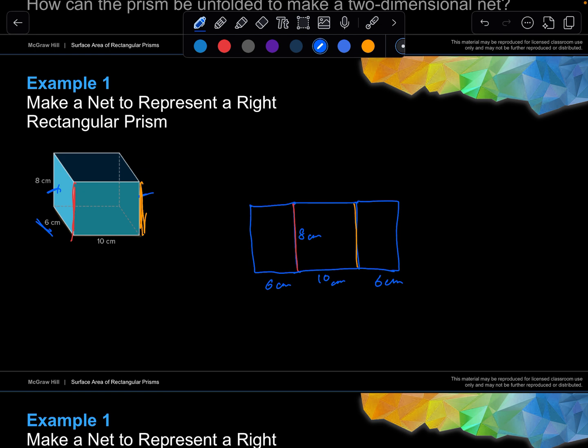Okay. Now, once I have this dimension, what's the next step I'm going to do? I'm going to draw the top edge. Now, the top edge is going to have this common edge, which goes over here, and I open that up. Now, what is this dimension going to be? That side is nothing but, if I take a look at it, the same as this edge, which is nothing but 6 centimeters,